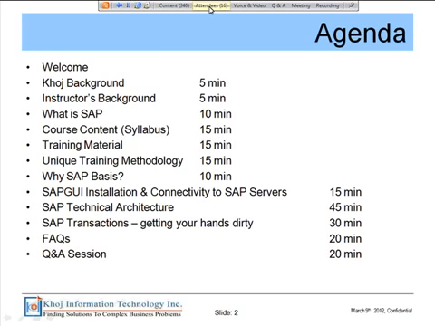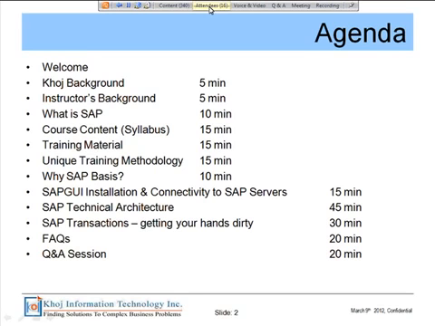SAP technical architecture: we just pick one topic so that you can at least comprehend the level of detail at which the material is going to be covered. We picked SAP technical architecture as that one topic because it's ripe for an introductory session.